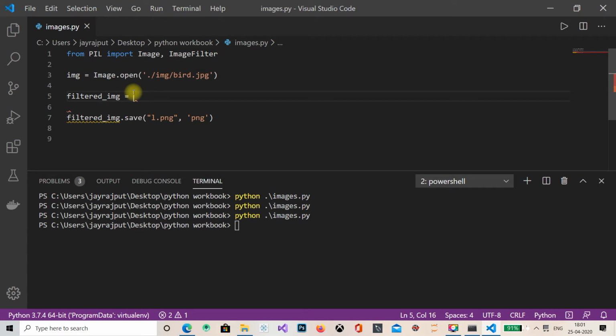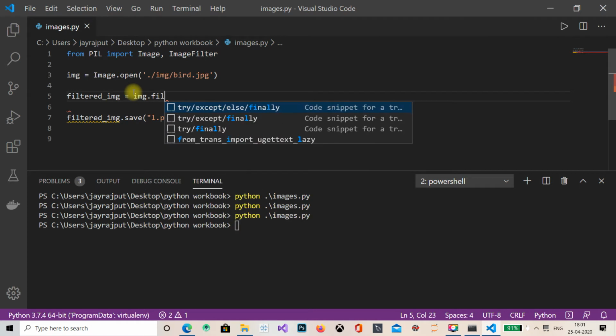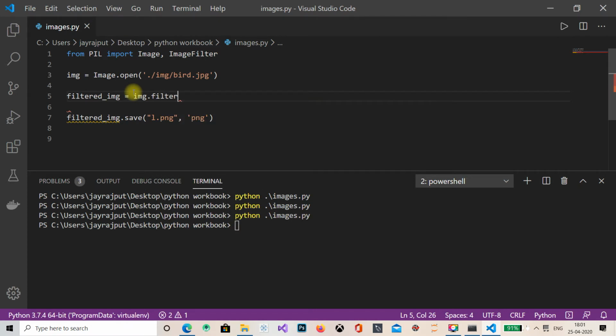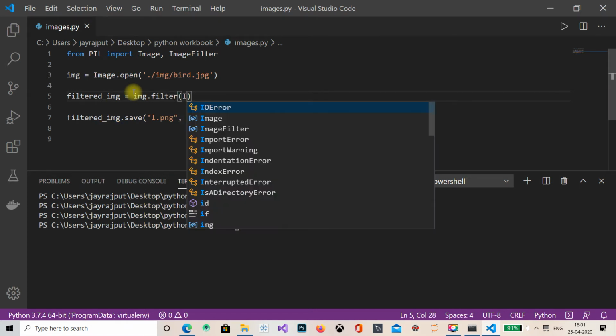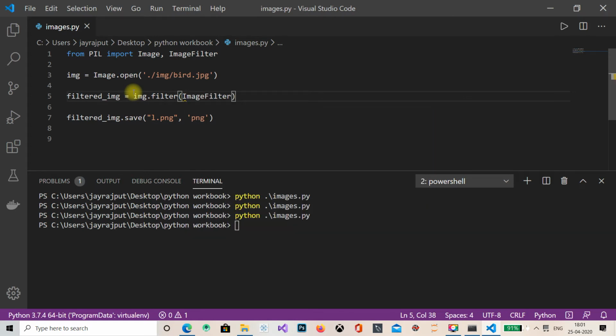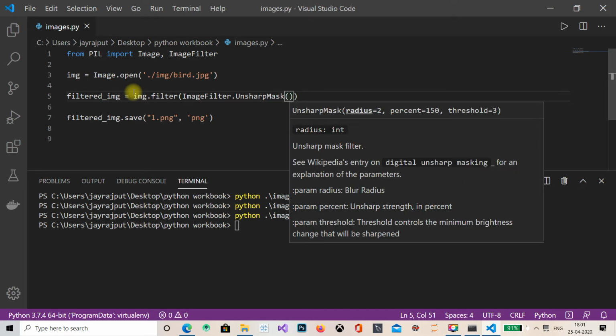Like I'll show you how. Image dot filter, image filter dot unsharp mask, and you have to put. Now see, guys, as I press it, it's showing me.